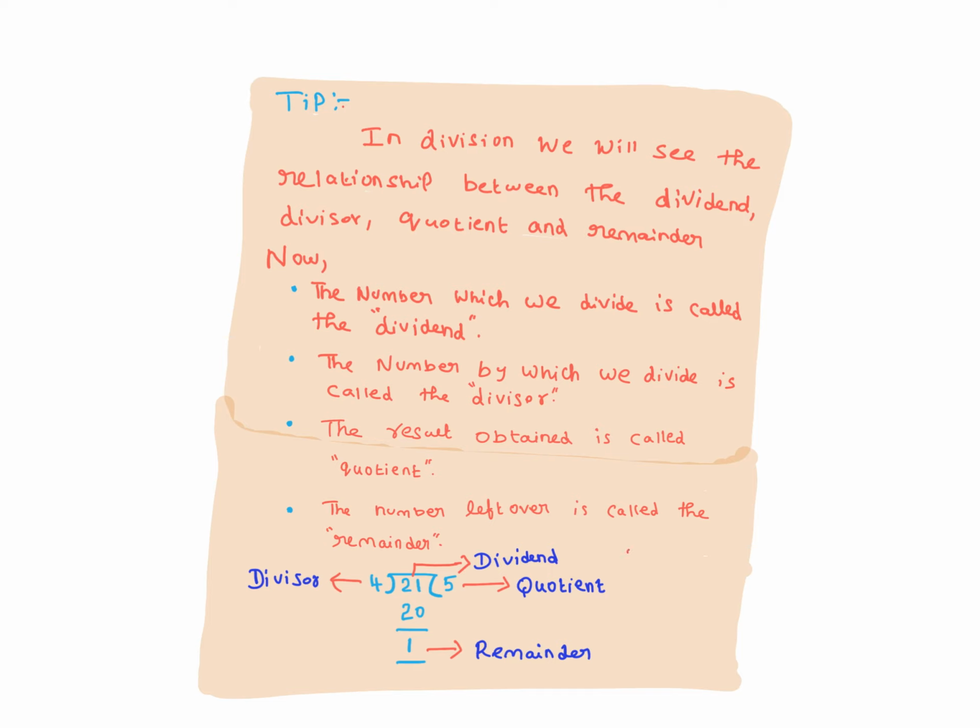For example, 21 divided by 4. We will do it as usual. 21 divided by 4 means the 4 times table, how many times? The nearby value is 20. 4 fives are 20. We get a balance of 1. So these are the names we give here. The whole value is called the dividend. What we are dividing by is called the divisor. What we get is called the quotient. What remains is called the remainder.